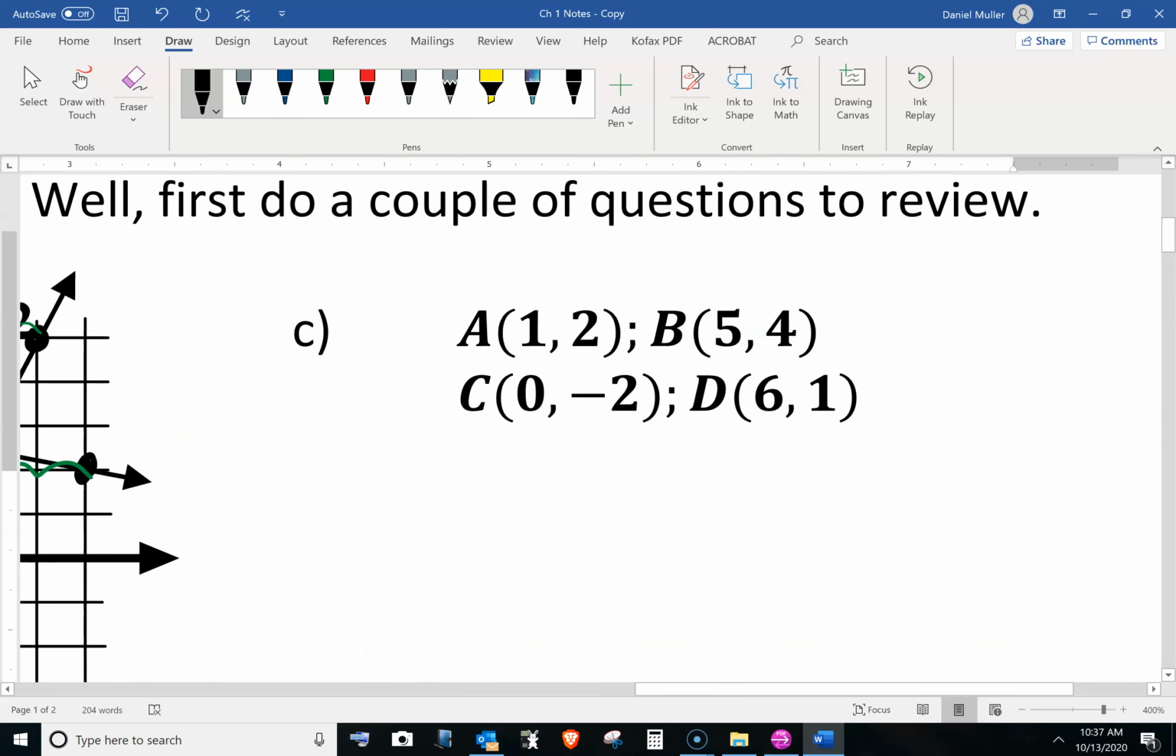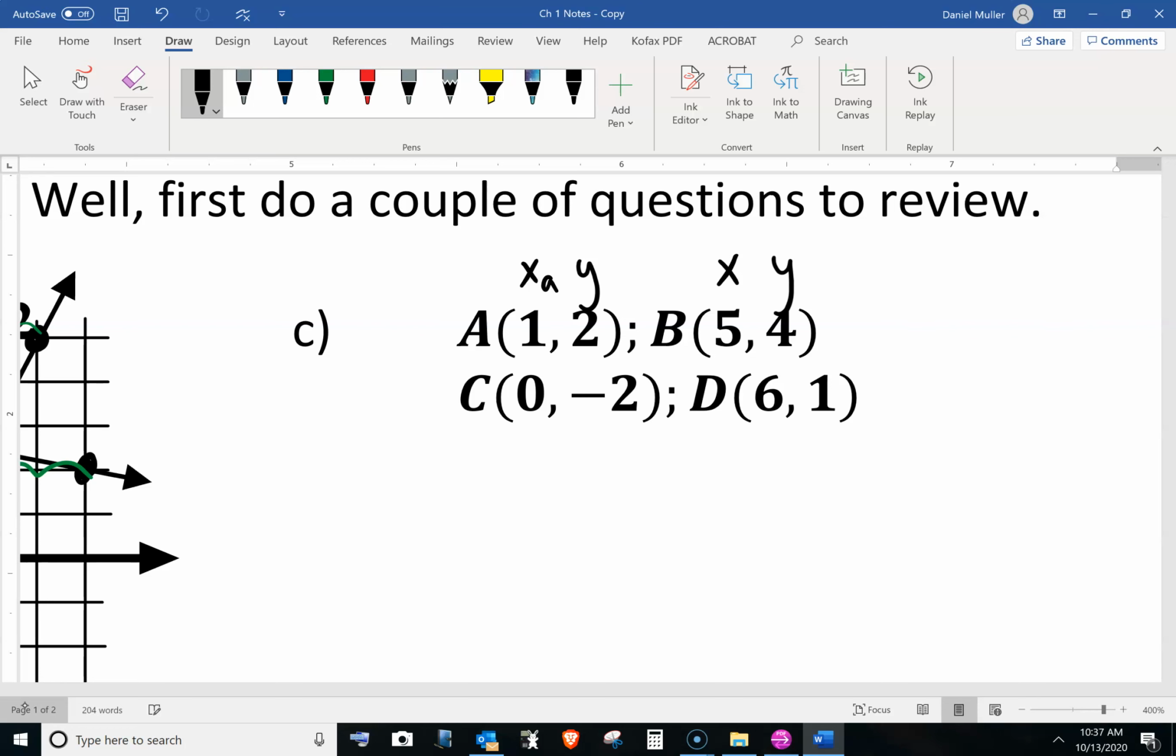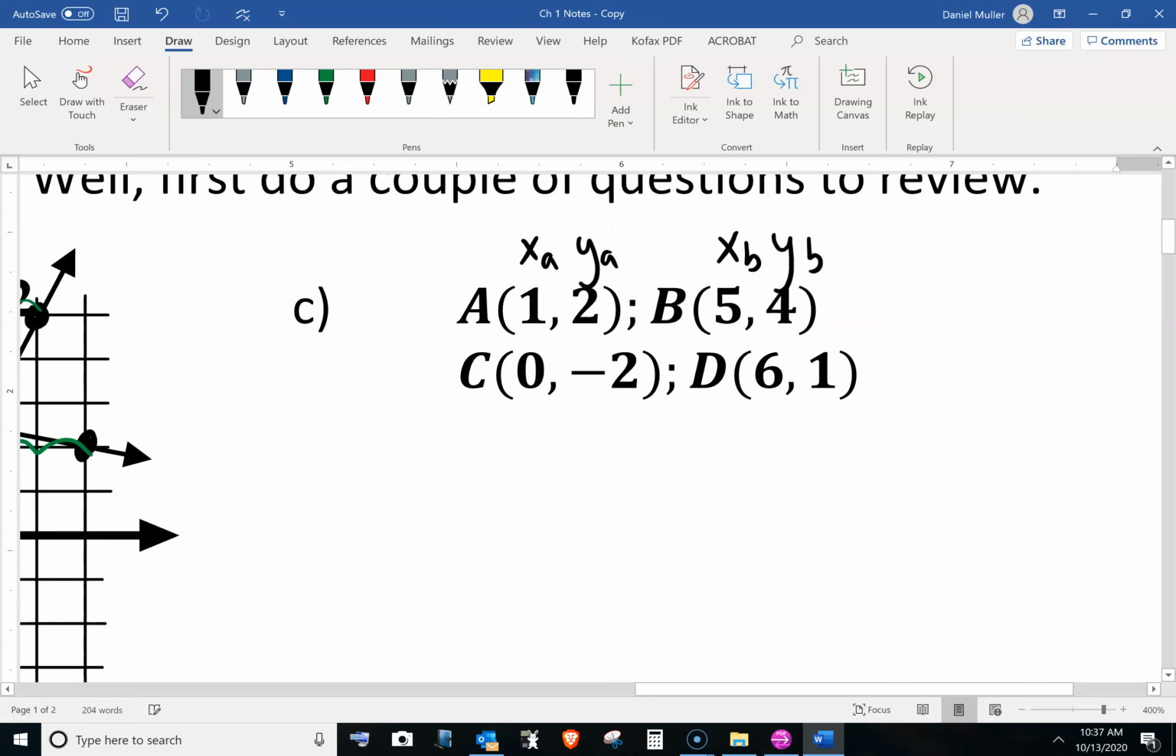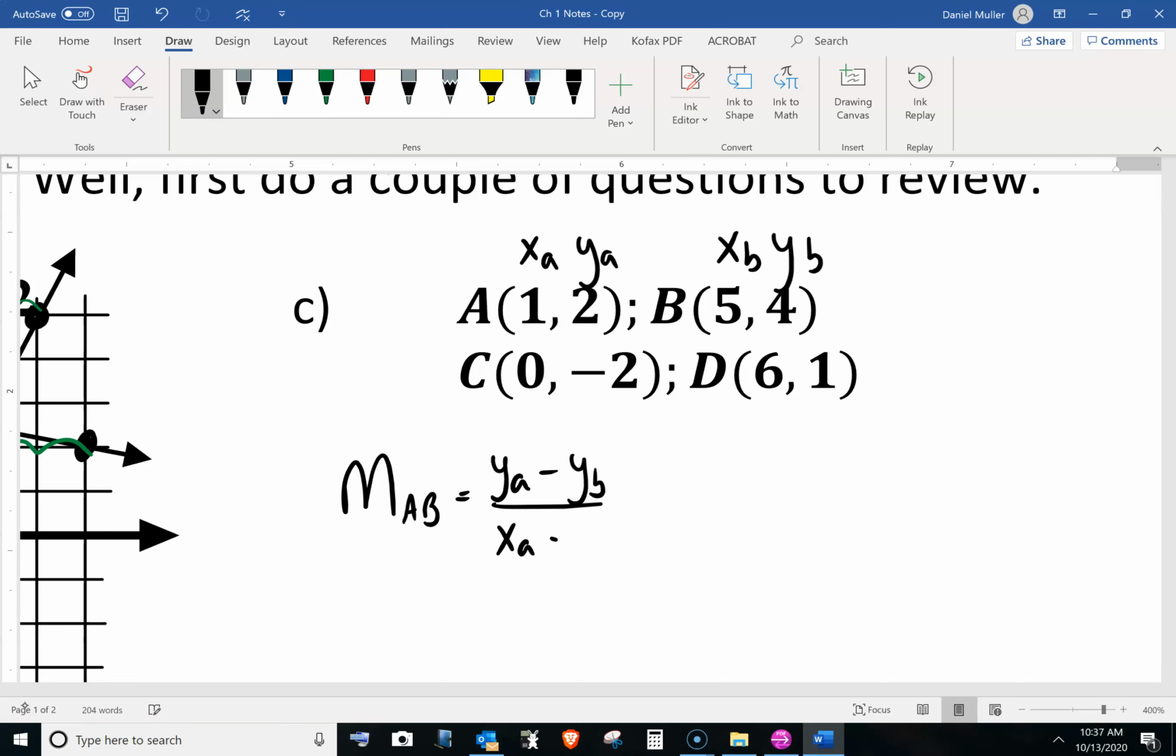And we need to label this. So this is an X and this is a Y. And, well, so is this. This is an X and a Y. But we've got to label them A's, and label these B's. So if we're going to find the slope of AB, it would be YA minus YB over XA minus XB,